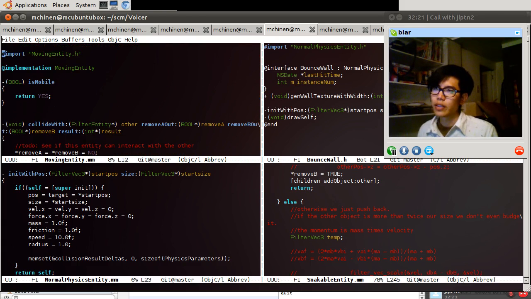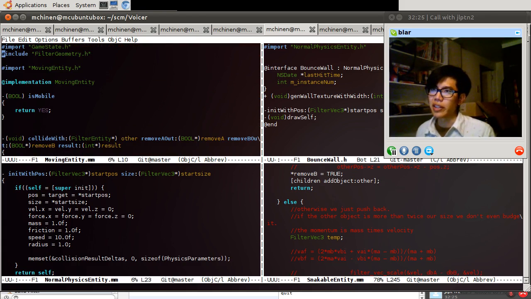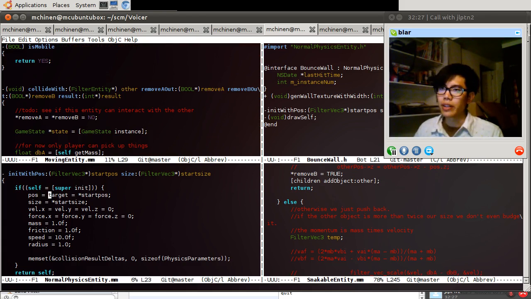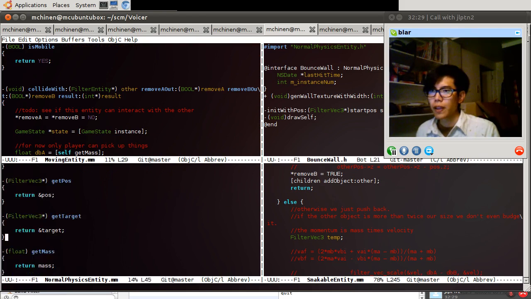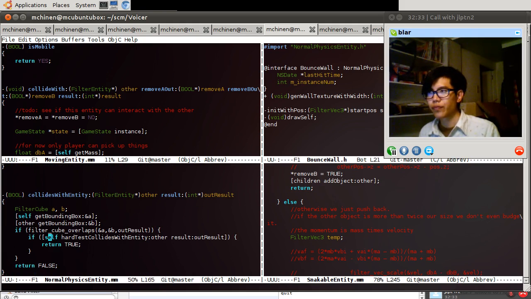Okay. So the collision call happens now in normal physics entity. I mean the collision detection part. Because it'll call the hard whatever. Yeah. It will call